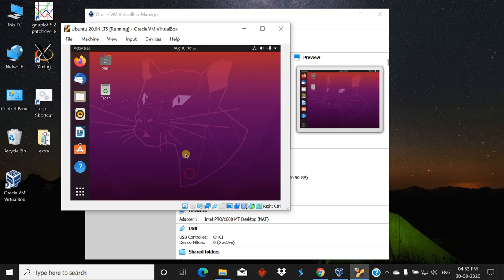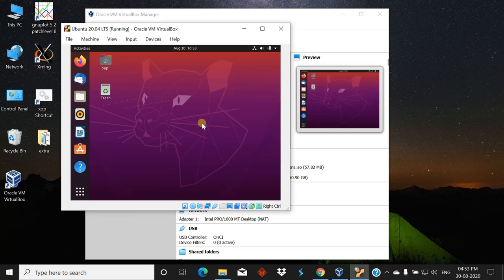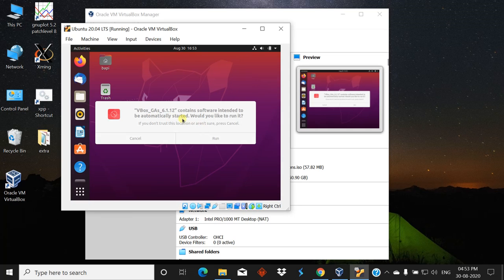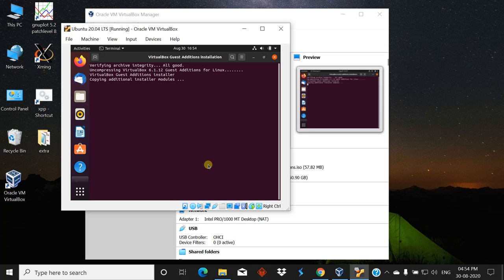Now in the VirtualBox, click on Devices, and click on the last option. Now it is asking for your permission, click on run. Asking for password, give the password and hit enter or click on authenticate. Now this will open a terminal and some packages are downloaded.